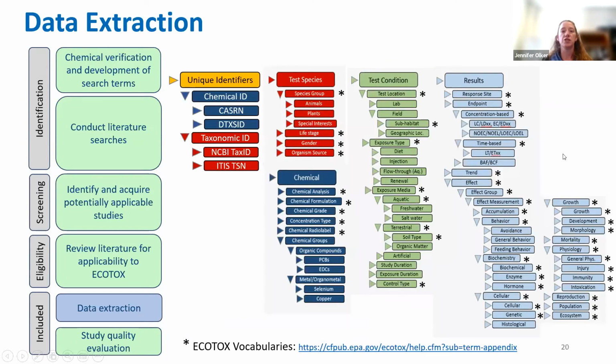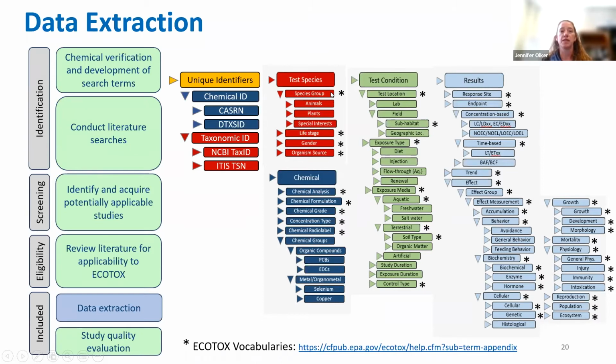So in addition to those toxicity test results that I showed on the previous page and are shown here in blue, where you have a result with an endpoint, an effect, and a specific effect measurement, we extract all the study details and methods in ECOTOX to cover a wide variety of different pieces of relevant information, including the unique identifiers for the chemical and the species, and a lot of information on this test species as shown in red here,